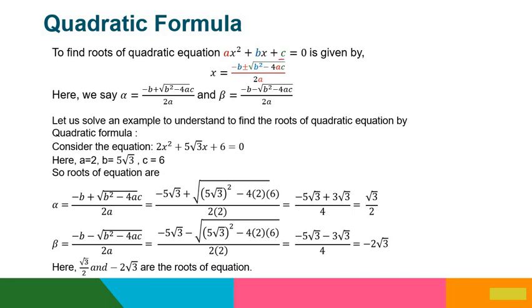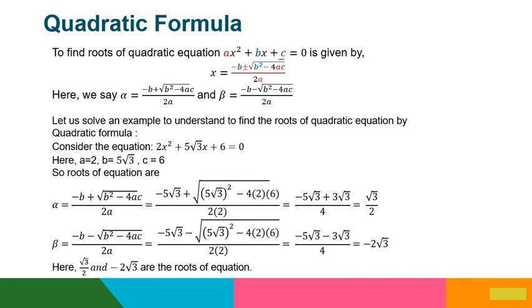Now last, we solve the equation by the quadratic formula. It is the simplest method to solve the quadratic equation. In this, ax square plus bx plus c is our quadratic equation, and we just put the values of a, b, c in the formula minus b plus minus under root b square minus 4ac upon twice a. Here again, consider one root by addition and the second by subtraction, and we just solve it.